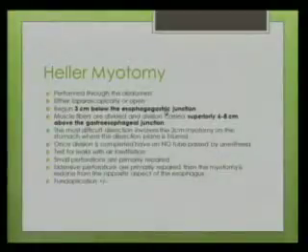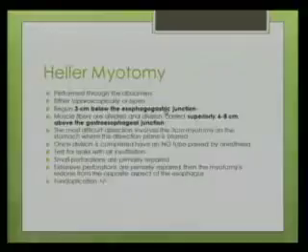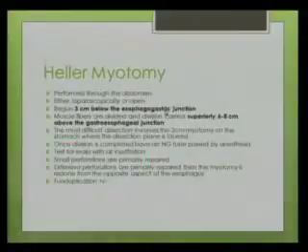You begin at 3 centimeters below the GE junction. It has to be 3 centimeters onto the stomach. That's what they all look for. You can make it longer if you want to, but you have to say that number. The muscle fibers are divided, and it's carried up onto the esophagus about 6 to 8 centimeters. Okay? The most difficult area of dissection is the dissection onto the stomach because the muscle bands are not very well defined. And so that's where your greatest risk of perforation is.